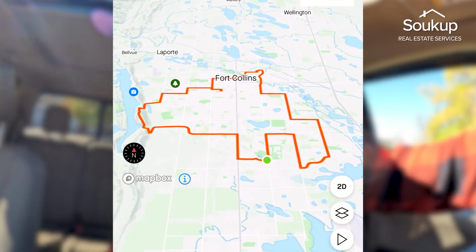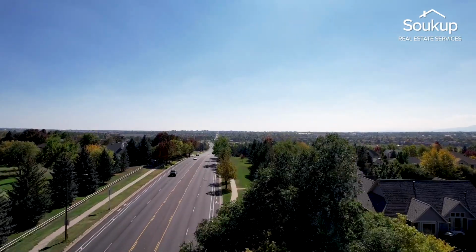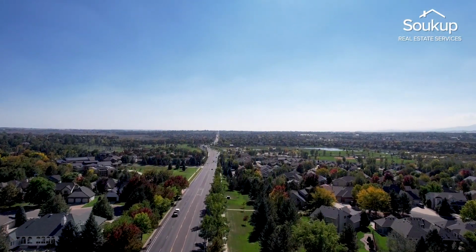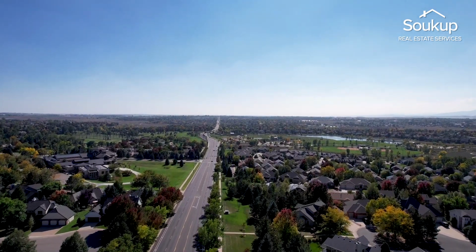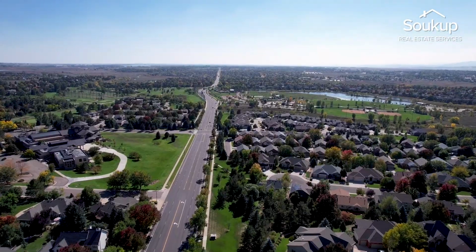So about 1 hour and 10 minutes to get all the way around Fort Collins. As you can see on the map, I basically did the outer perimeter, but wanted to get through some of the cool points of interest in Fort Collins, and that would really be a similar drive as I would talk to people about developments and things that are happening and neighborhoods and things that I like and don't like about certain areas or proximity to things. But that is Fort Collins